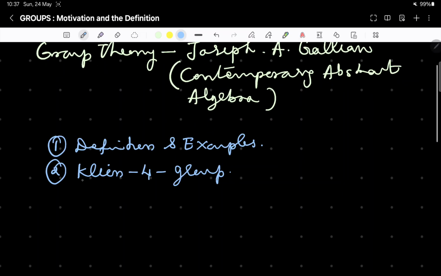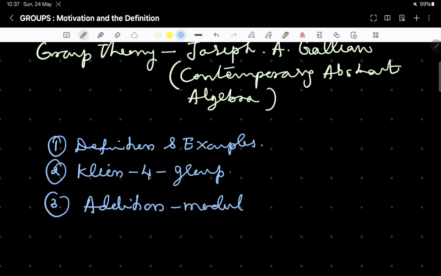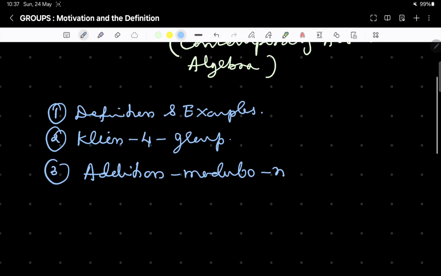Right? So we'll see what it is. Then third, we have a particular group we call addition modulo n. We'll do that, or we will clarify all the titles